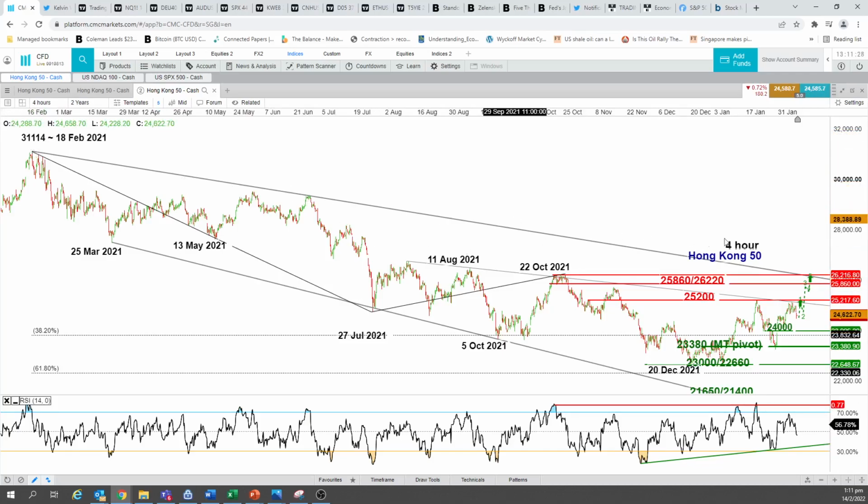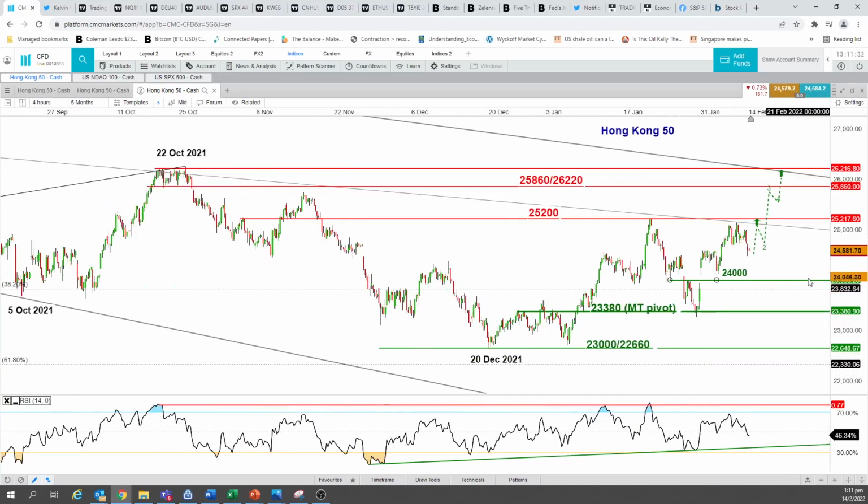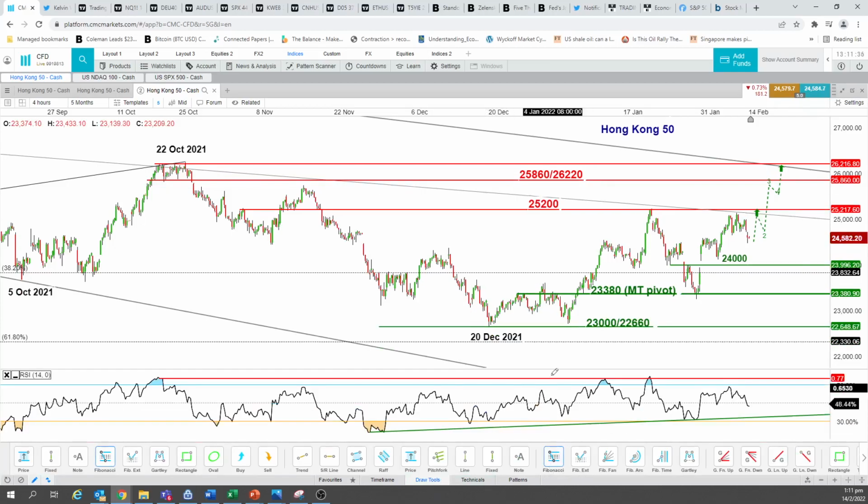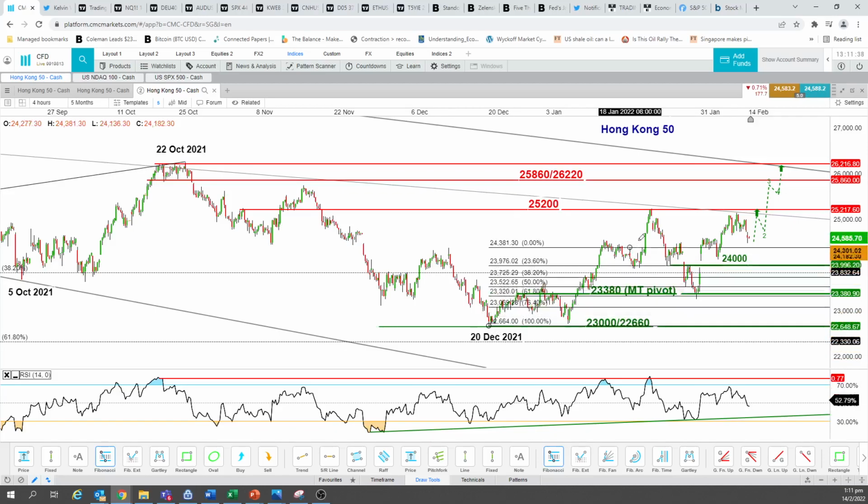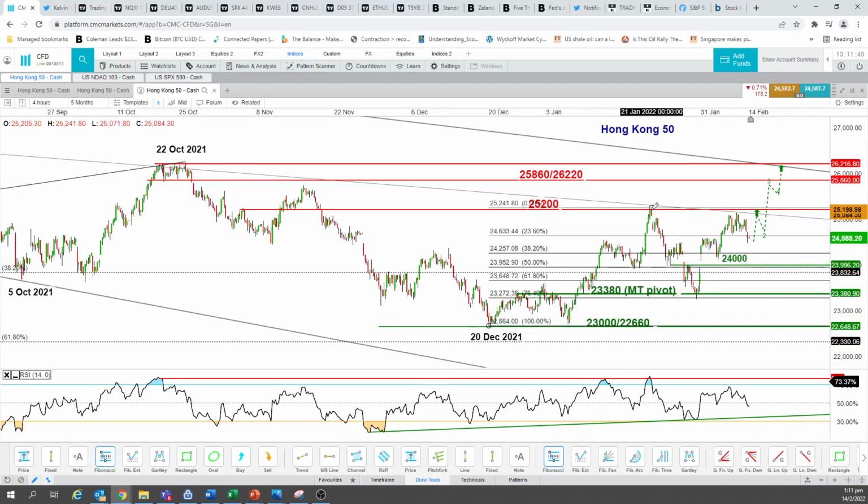It's very clearly over here. So this is the resistance right now. That's I think it. And if you look at from a Fibo expansion level, taking from the low of 20th of December, project it to the recent test at 25,200 on the 21st of Jan this year, and project it